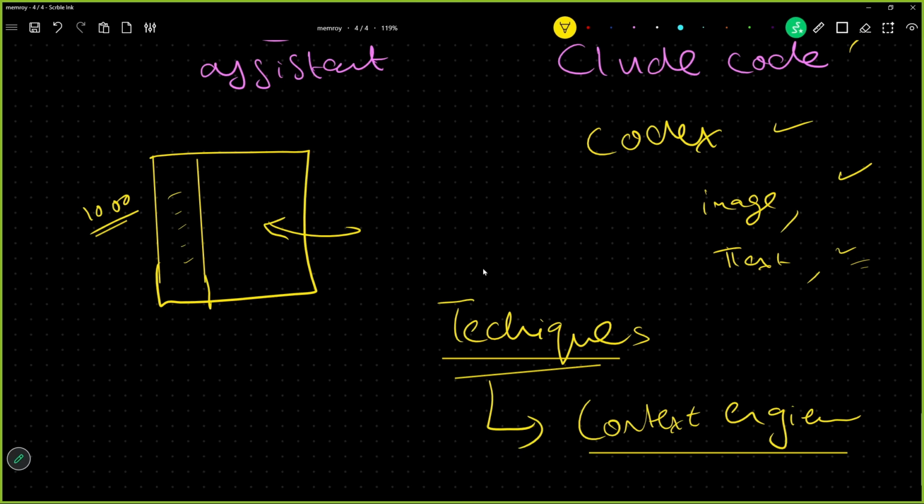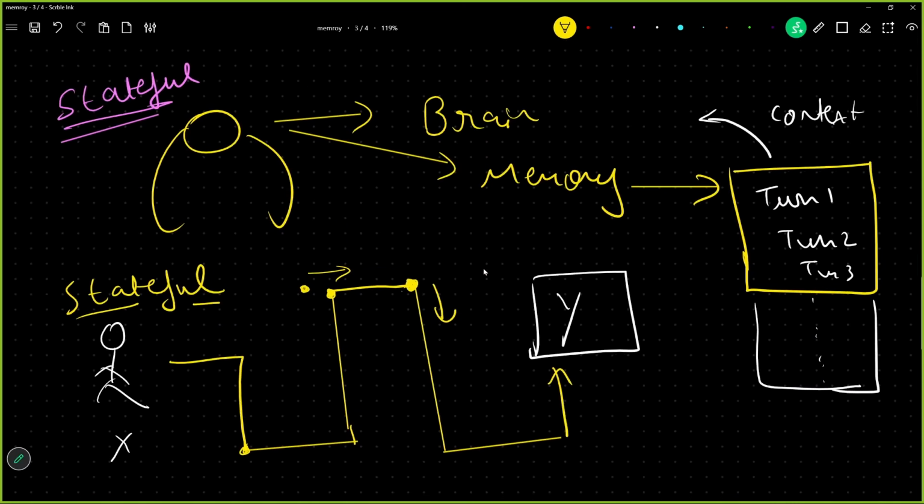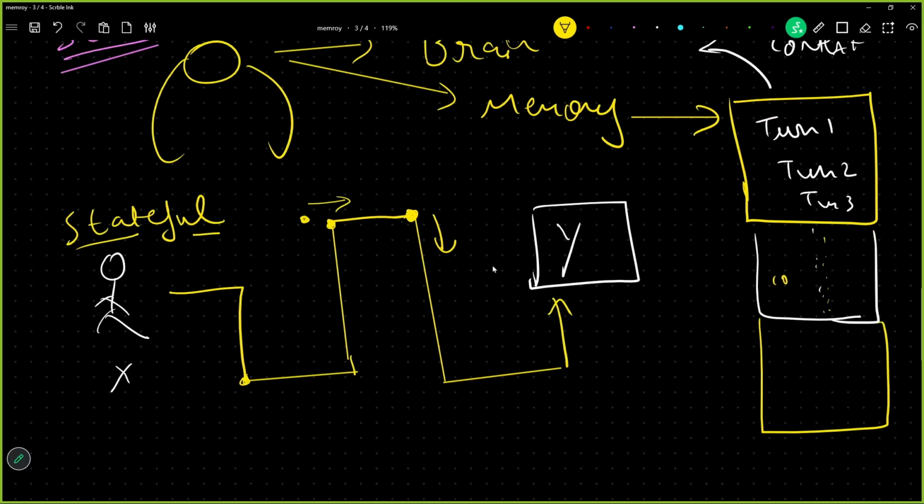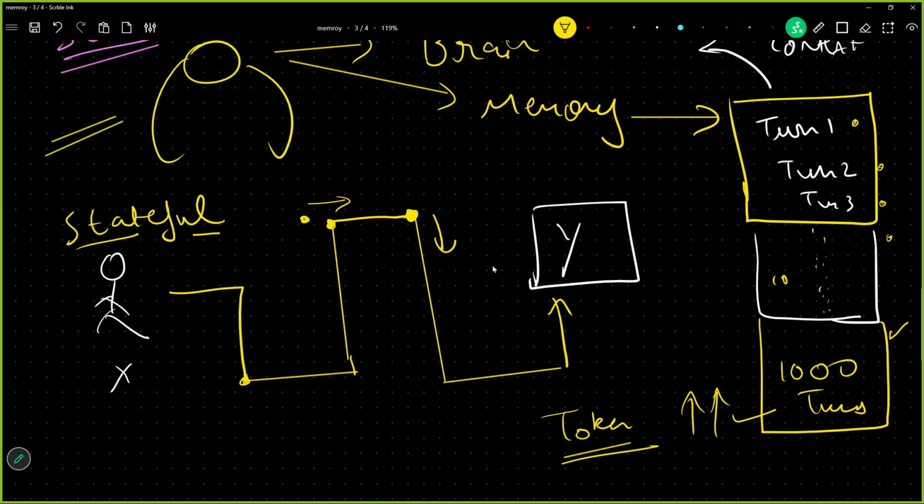Now, why is context engineering important? Understand this part. An AI agent is trying to remember information in terms of turns. Every turn. Let us say 10 turns it will remember. But what if we have 1000 turns? If an AI agent is trying to remember 1000 turns, first the token cost will blow up. AI agents will have a huge token cost, and while coming to the 1000th turn, these turns will be forgotten by the AI agent because there are so many turns, right? There is so much information. How can a computer program remember all of this?